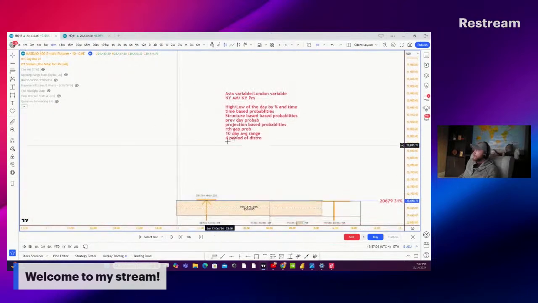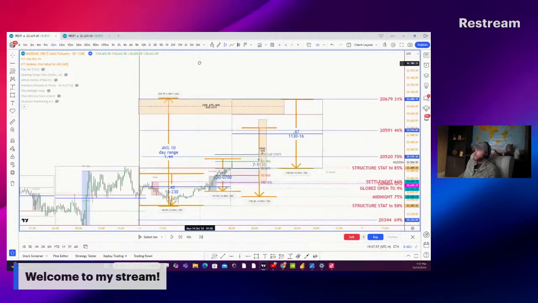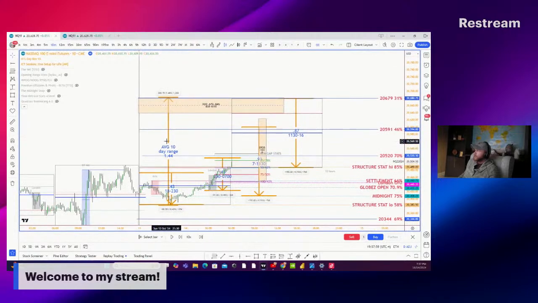So let's look at our notes. We talked about how to put the high and low of the day percentage probabilities in with the time. We talked about time-based probabilities, structure-based probabilities, and previous day probabilities. We talked about projection-based probabilities, RTH gap probabilities, average 10-day range, and then the 4-period distributions we put on our charts, right? So now,